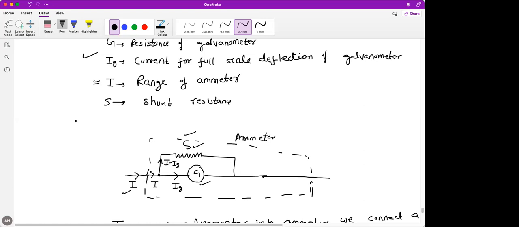Mariam, shunt resistance is just a resistance. Basically, if you take something and you connect it at two ends, then we call this shunted. The common literature word: if you say something is shunted, that means you have connected both the ends. So if you're connecting both the ends of the galvanometer through a resistance, then we call it shunt resistance. Shunt simply means that this resistor connects both the ends of the galvanometer. That's it. There's nothing special about this resistor.